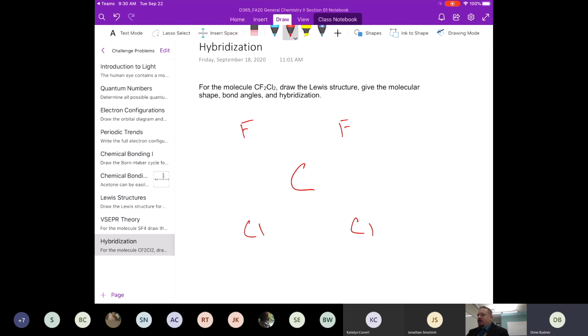And then if we look at the total number of electrons, each one of these halogens, the fluorines and the chlorines, have 7. So 7 times 4 is 28, plus the carbon gives us a total of 32 electrons. So then if we go back and give everybody the octet, like it says,